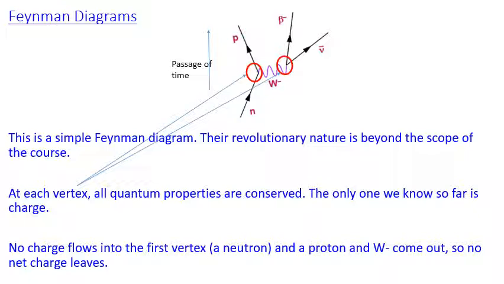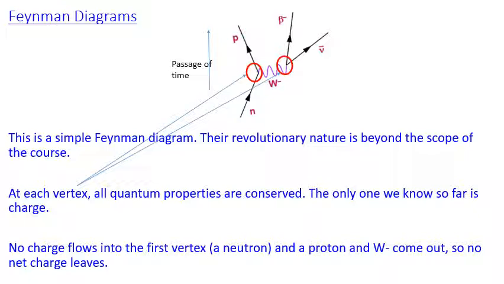So it was revolutionary in its time, and in class I'll talk a little bit about why, but essentially it allowed scientists to guess at possible decays by drawing diagrams out like this. From your point of view, it's a descriptive tool. It allows you to show a different representation, to think about the decay in a different and slightly more involved way. Now, at each vertex, at each corner, we must conserve all quantum properties, but the only quantum property you've done so far in any sort of detail is